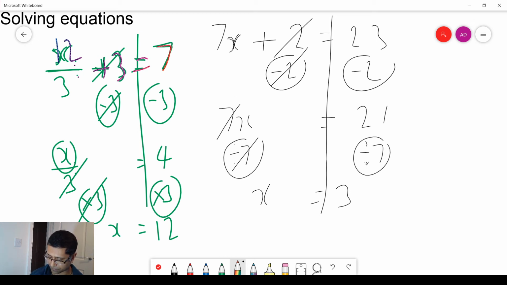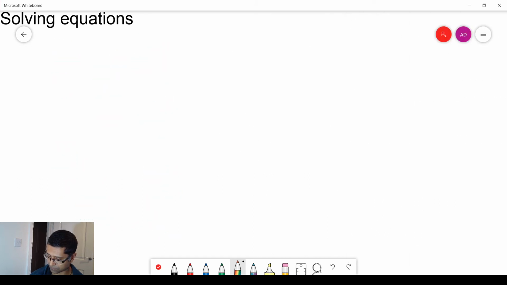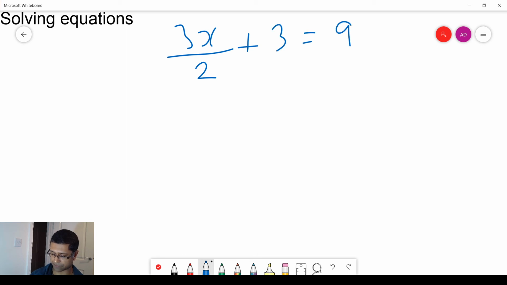Right, another one. Right, a little bit trickier now. Let's try something times 3 divide by 2 add 3 to give you the 9. Right, how I explain it is like this. That's the value I want. I want the value of x. I want that to be by itself. So you just imagine,